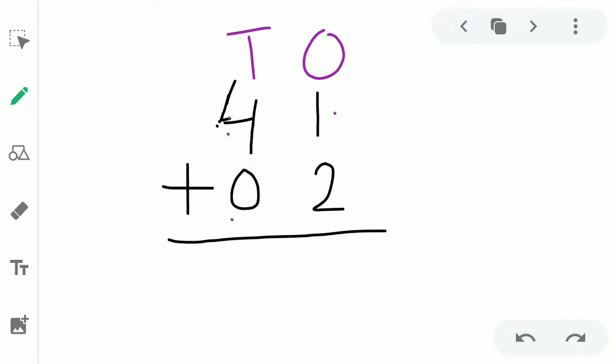Here we have the number 1. So here we are going to draw 1 line. Then we have the number 2. So here we have drawn 2 lines. Now let us count all the numbers together. 1, 2 and 3. So after counting all the numbers together, we have got a new number, and the number is 3. The number is 3.